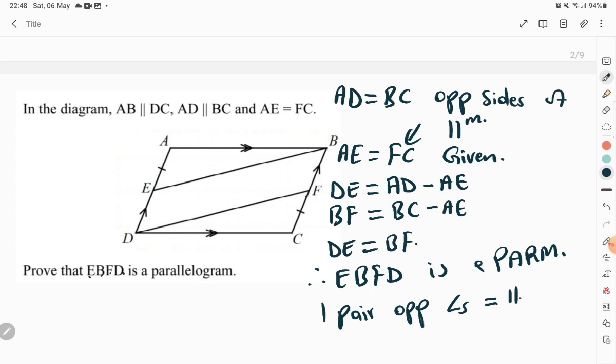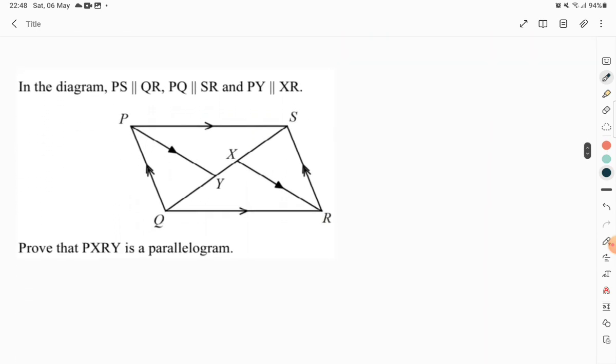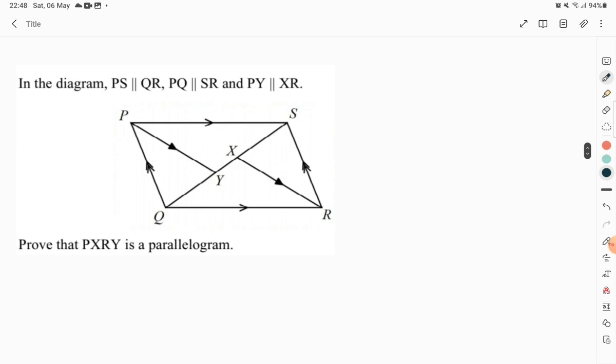So if this line is parallel to this one and is also equal to this line, then theorem number 3 of proving a parallelogram does exist on this question. Then we are done. Then coming to the next one,